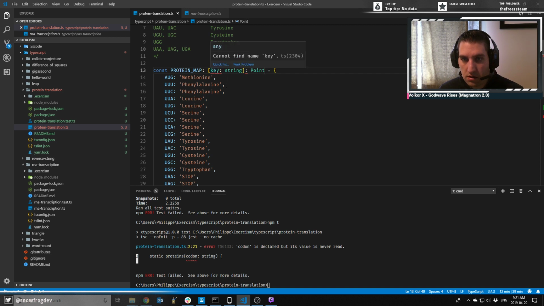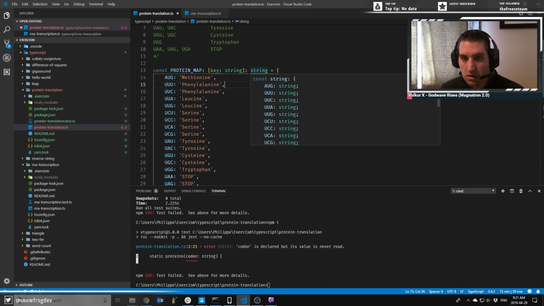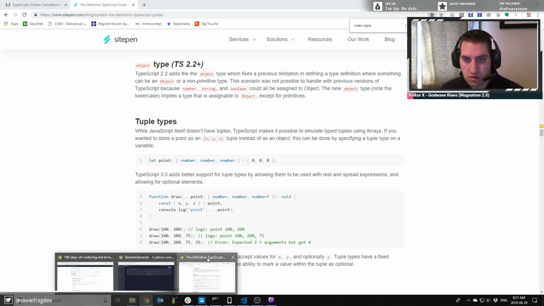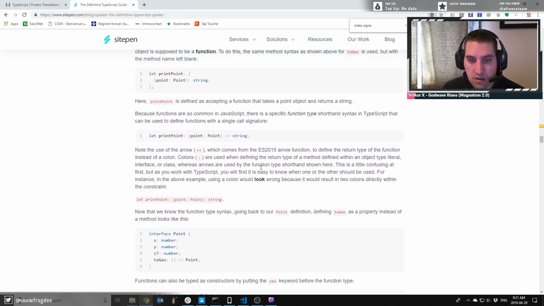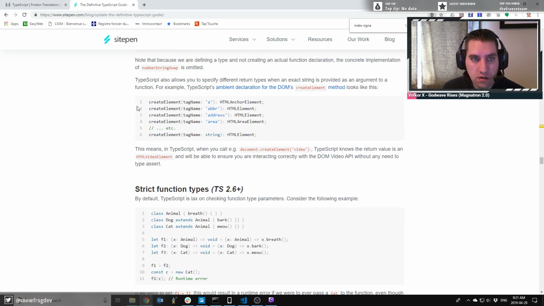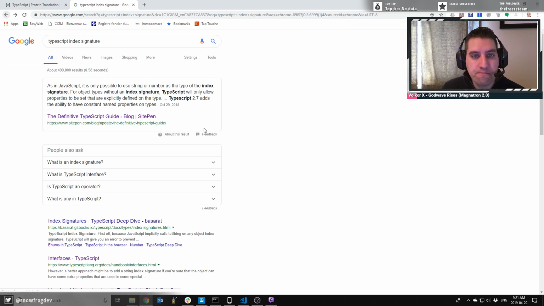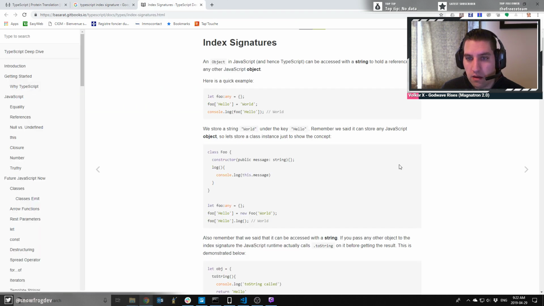Key. String. String. It doesn't work. Seems silly to have to make an interface just for the one. But for any